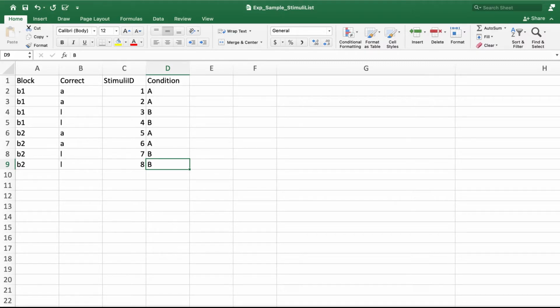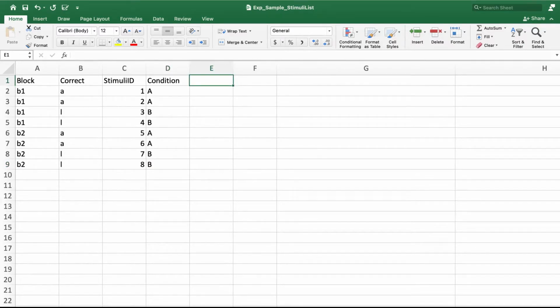Alternatively, you could choose to have conditions specified for a training session but not for a test session. In this case, regardless of which condition participants are assigned to in a training session, they will be tested with the same set of stimuli in a test session. Finally, like we just said, this column is optional, so you don't have to include it at all. Then, all participants will be exposed to the same training stimuli and the same test stimuli.